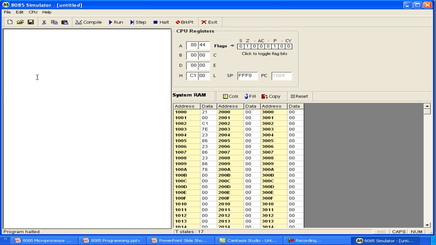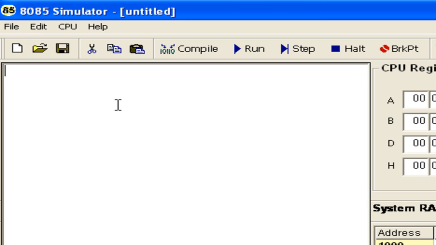Okay, so now let us write this program using the indirect addressing mode. The first instruction is to load the value of the memory from which the data is to be brought into register. So let us write down the address: LXI H, 2000 hex. Move A, M. Move the content of memory to A, whose address is in HL. Then increase the value of HL,